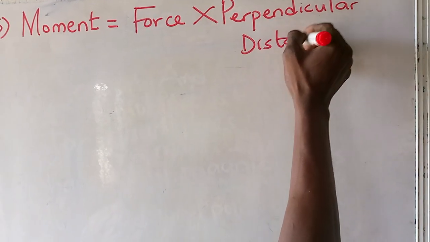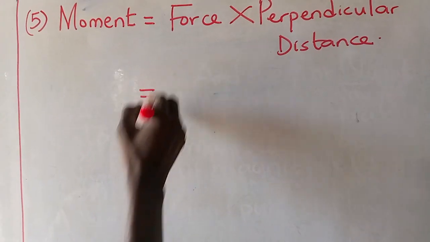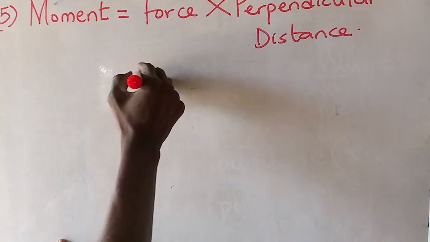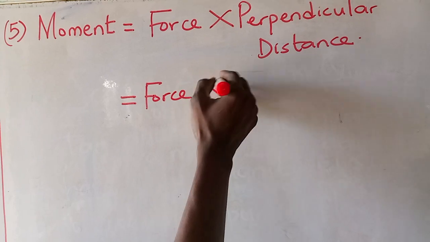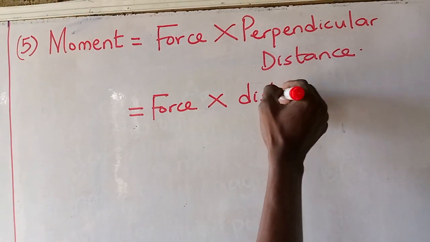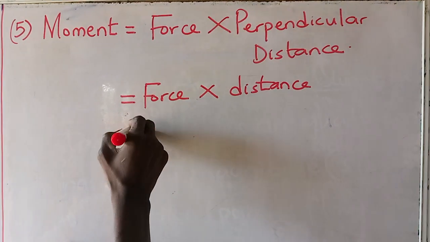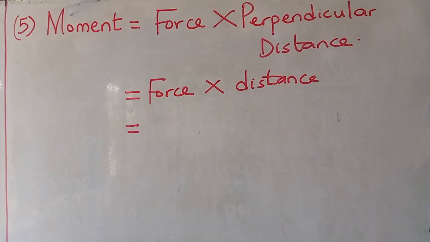That's the formula for moment. And we have gotten our force. So you can simply say force times distance, whether perpendicular or not, it is still talking of distance. That's L, length. So force, as you have gotten, is